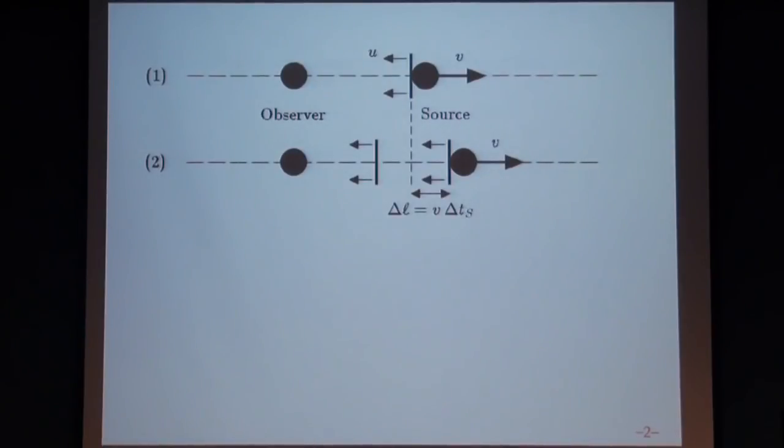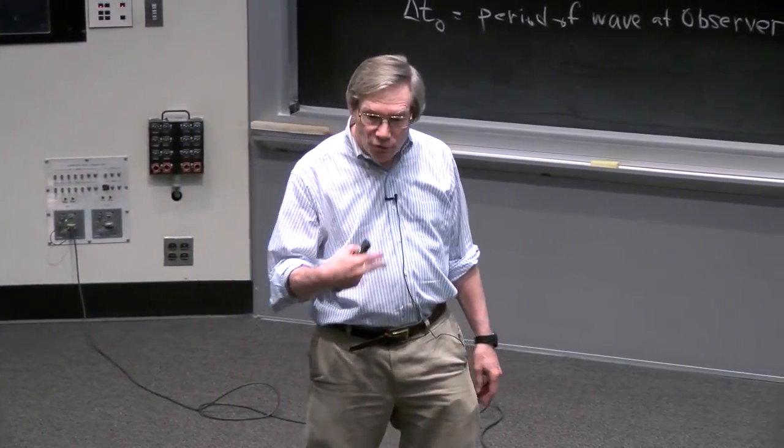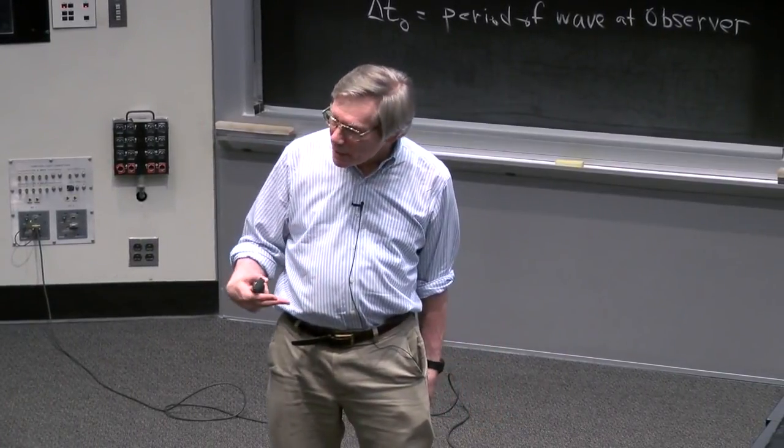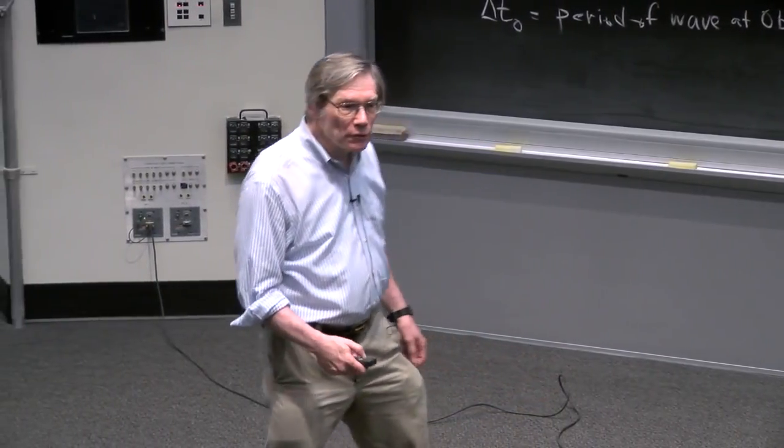The time between wave crests, as seen by the source, is delta t sub s. So the distance that the source will move during that time interval is v times delta t sub s. And we're going to call that delta L. And this really is the important slide. That picture is what really accounts for the whole Doppler shift. It says that the second wave crest has to travel a little further than the first wave crest by this amount delta L. So delta L will be the crucial quantity that will control the answer.